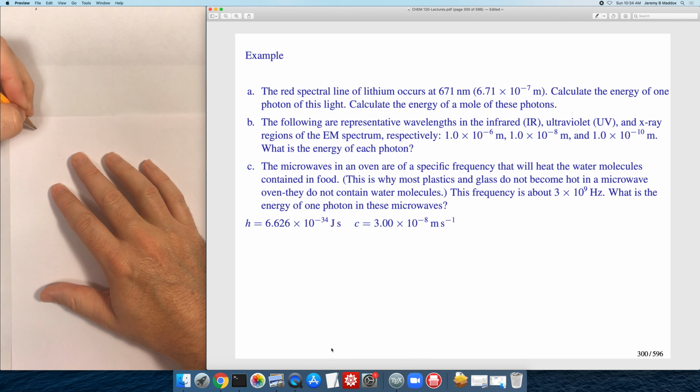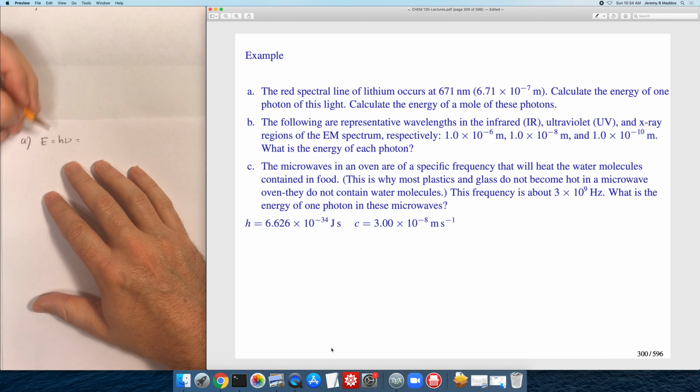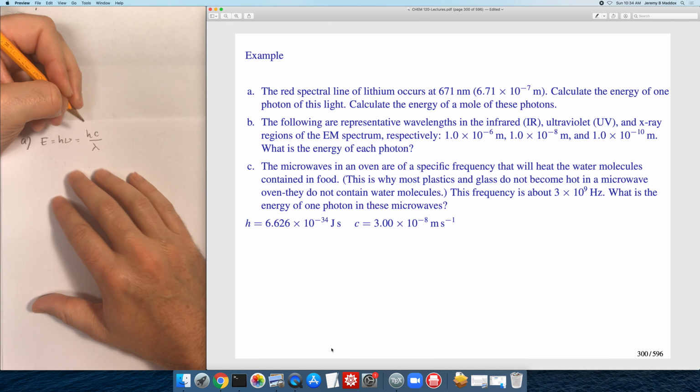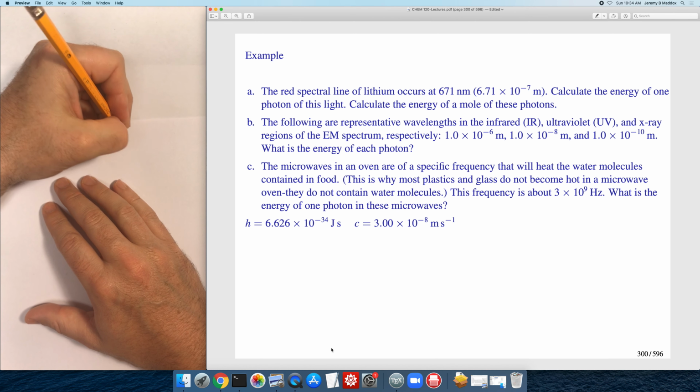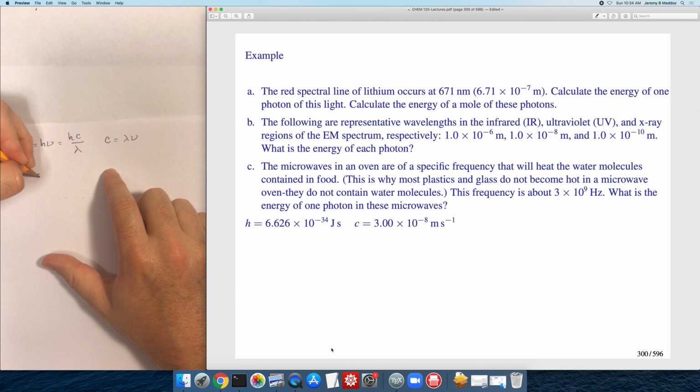So here's the photon energy formula. E equals h times the frequency, and then you can substitute in for the frequency, you can substitute in the speed of light divided by lambda. So this is coming from the relationship that we worked with in the last video. You substitute that in here to give you this one. So let's calculate